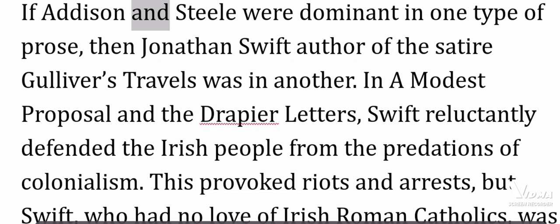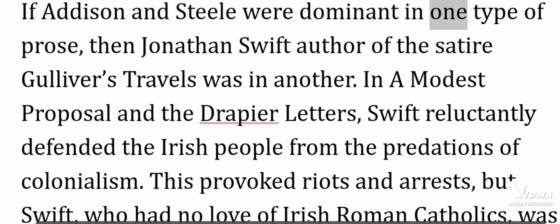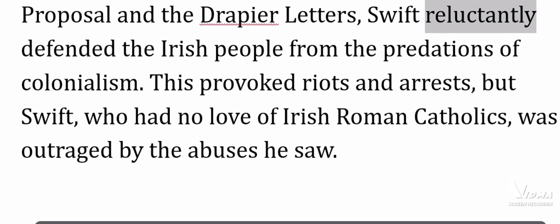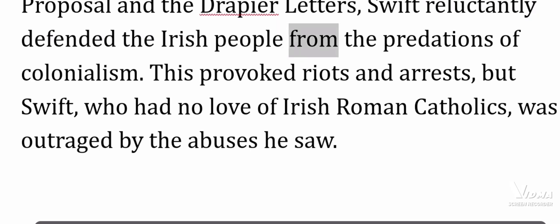If Addison and Steele were dominant in one type of prose, then Jonathan Swift, author of the satire Gulliver's Travels, was in another. In A Modest Proposal and the Drapier Letters, Swift reluctantly defended the Irish people from the predations of colonialism. This provoked riots and arrests, but Swift, who had no love of Irish Roman Catholics, was outraged by